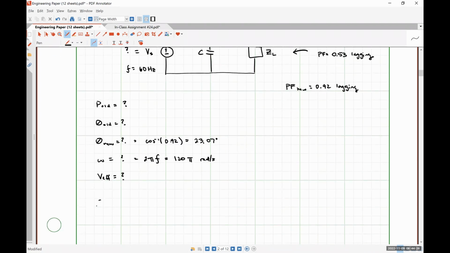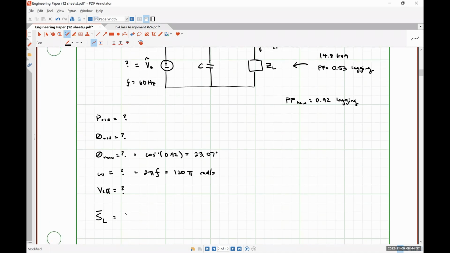All right, so the complex power absorbed by our load is going to be 14.8 angle inverse cosine of 0.53